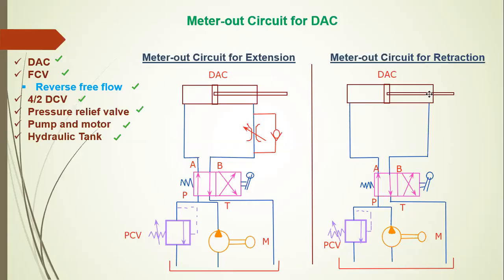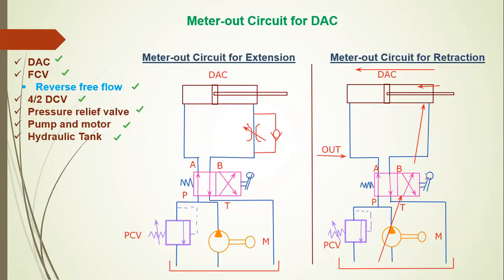If the flow passes from the hydraulic pump this way and enters this way, that's called the retraction condition, and the piston moves in the right-hand side direction. So that is called the out condition. Out condition means that the oil passes into the cylinder on the left side and the return oil comes from the right side. So this position is called the out condition.